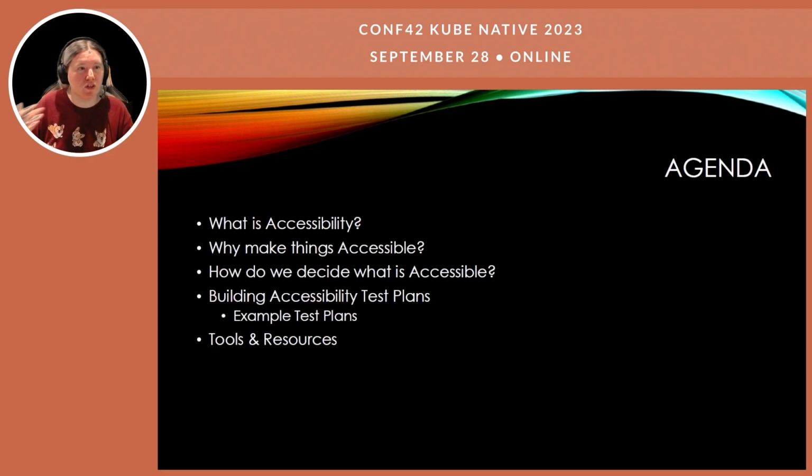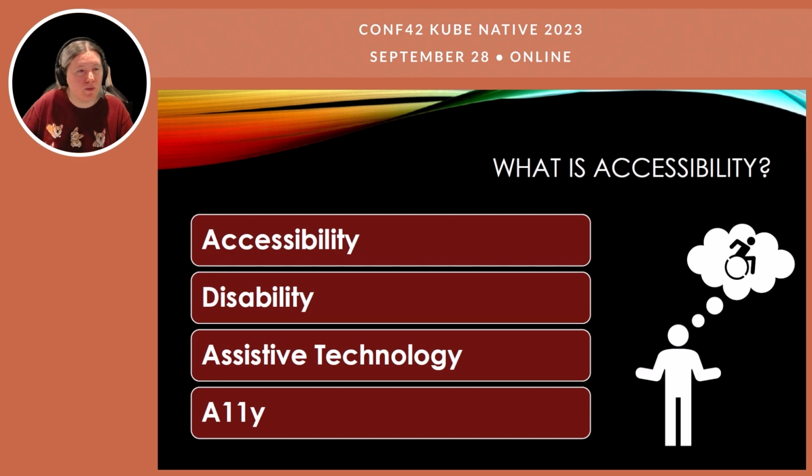Today, we're going to be learning about what is accessibility, why make things accessible, how do we decide what is accessible, building accessibility test plans, and tools and resources that can help you along the way as you work to make things more accessible. So, first off, what is accessibility? Simply put, accessibility is how well someone can access your content, services, facilities, regardless of whether or not they have